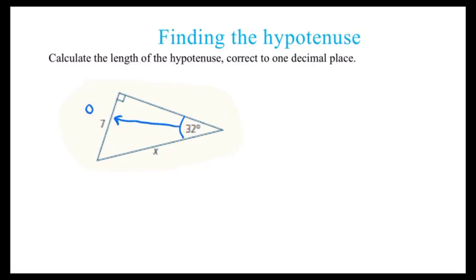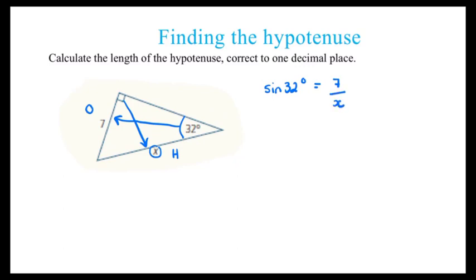So I'm going to put an O there. My only other side is X, and that is opposite my right angle, so I have a hypotenuse. So my trigonometry rule, which has an opposite and a hypotenuse, is sine. So I'm going to say now that sine 32 degrees equals opposite, which is 7, over my hypotenuse, which is